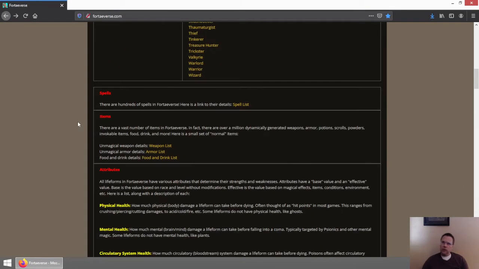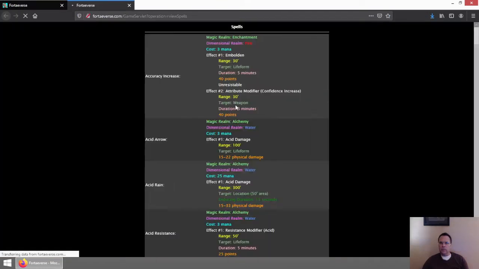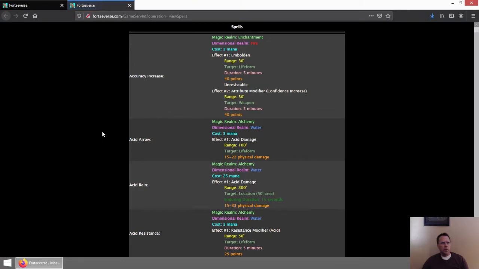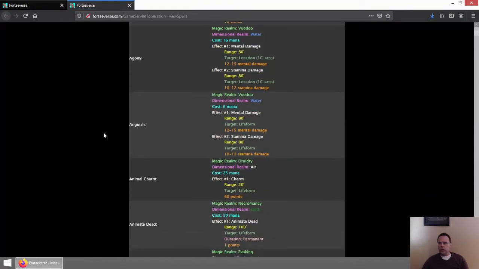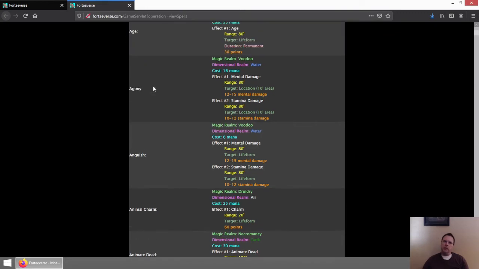I've added two new sections. I've added spells and then items. So here you can see we have a spell list. If we click on it, it will show a giant list of all the spells in the game that I currently have. And like I said, this will be dynamically updated as I work on the game and add new